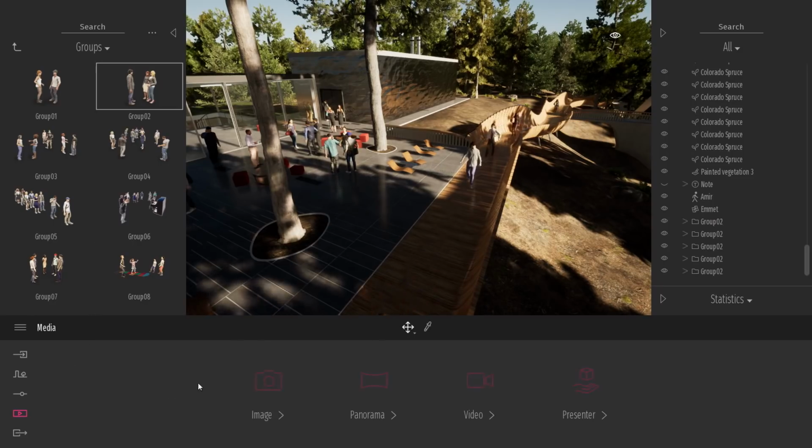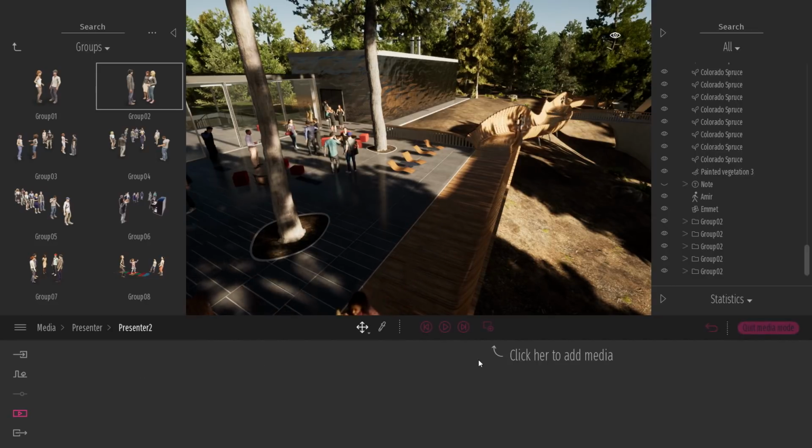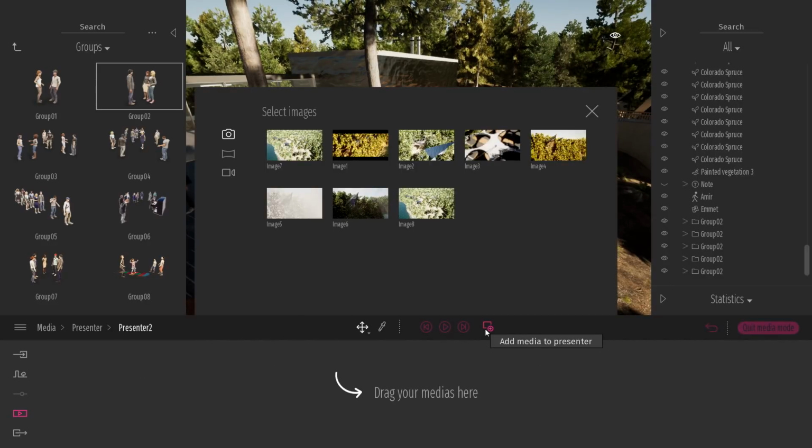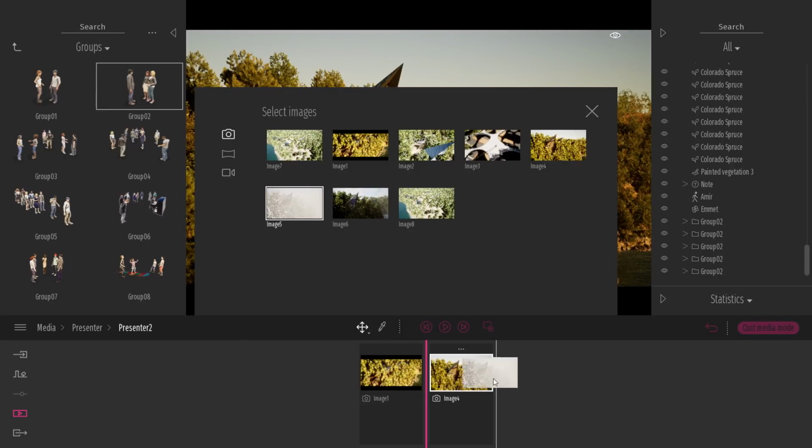Finally, with Twinmotion, we can export images, video, and we can also export 360 images, so panorama. And then we have what we call the presenter. The presenter is a standalone executable file of your project that doesn't require Twinmotion. It just exports an .exe that you can send to your client so he can immerse himself into his project. So this new presenter works like a PowerPoint on steroids. So you can just create some slides. You just drag and drop the media you have set up inside your project.